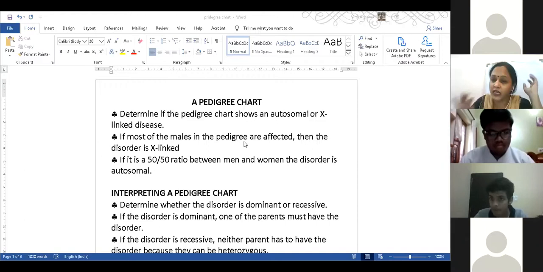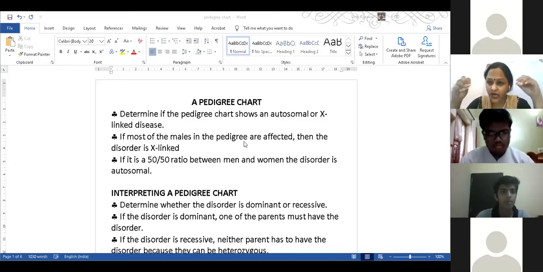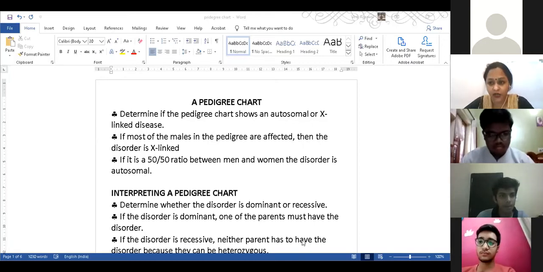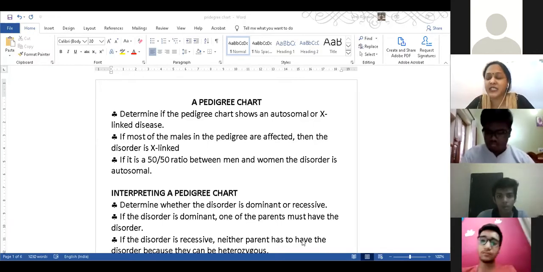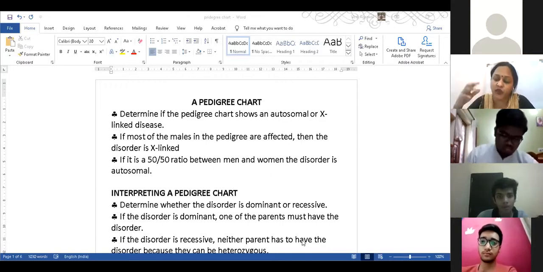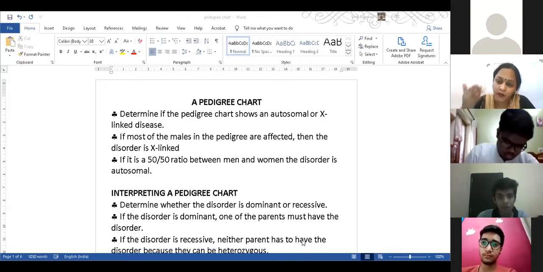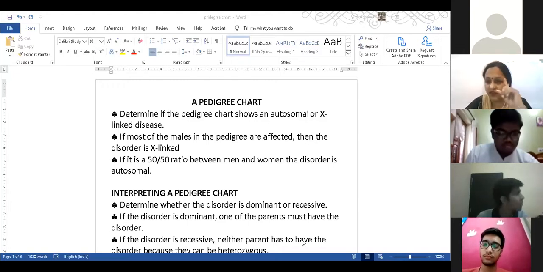First of all, in a pedigree chart, we have to find out how the question comes. Two types of questions come from a pedigree chart. The first type of question is they give you a pedigree chart and then ask you to analyze and find out which type of disease this pedigree chart is representing, whether it is an autosomal recessive or an autosomal dominant trait, or a sex-linked dominant or sex-linked recessive trait. Second, what probable diseases can be represented by, or the transmission of which probable diseases can be represented by, such a pedigree chart. So this is the first type of question you get.